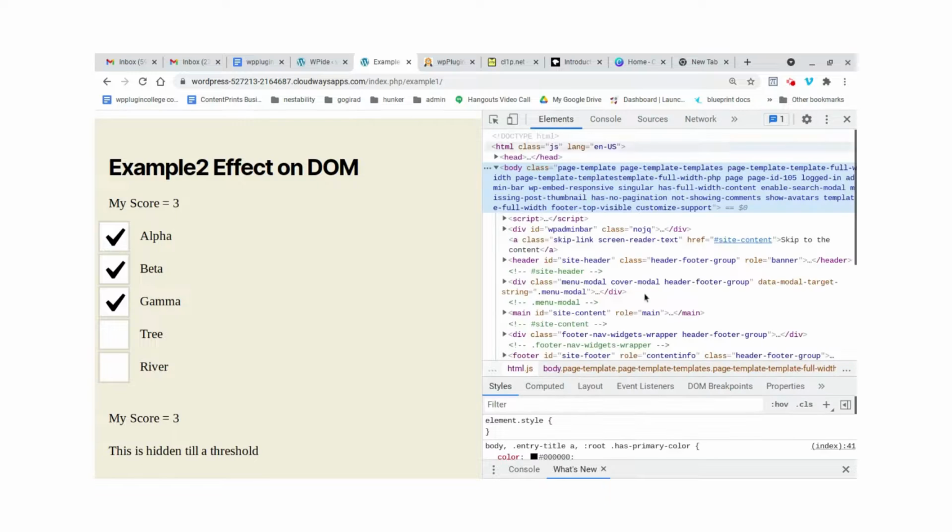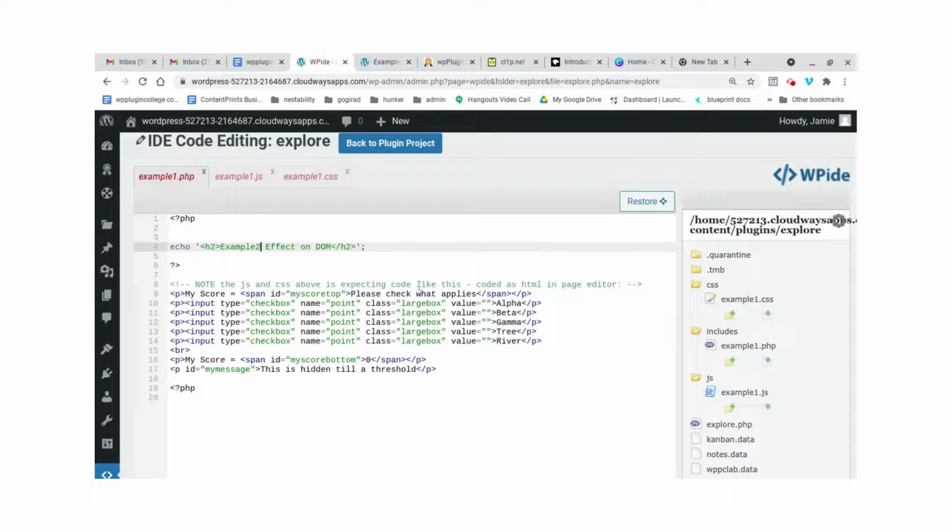It is really a powerful system for you to visualize what your code is doing and see if it's actually manipulating things in the way that you intend. And so with this example from our Hands-on Lab at the WP Plugin College, I hope that gives you a little insight into what's happening with the DOM. And we're also going to end this with some more coaching